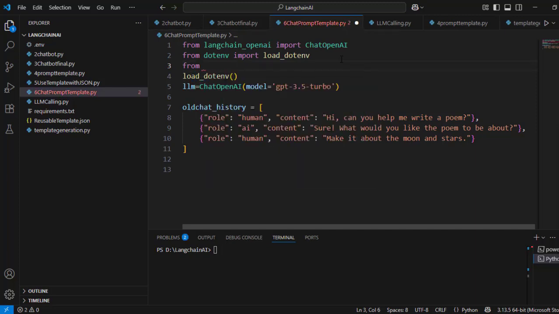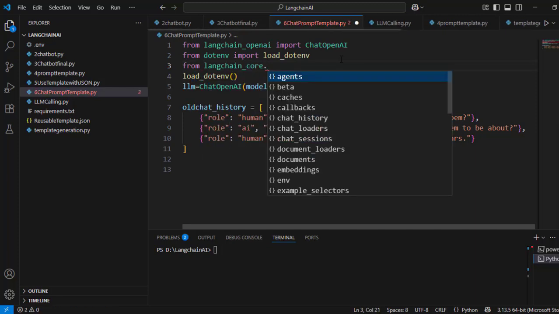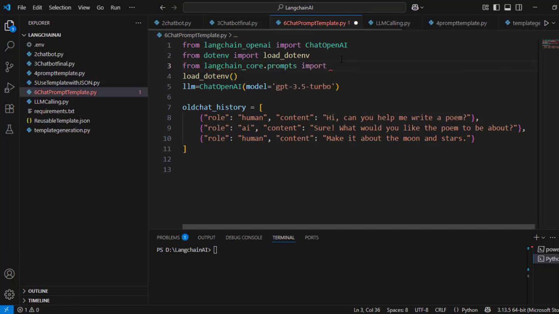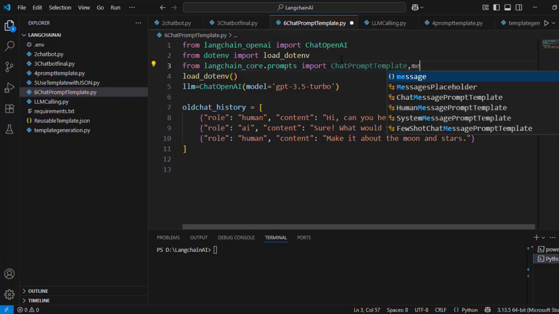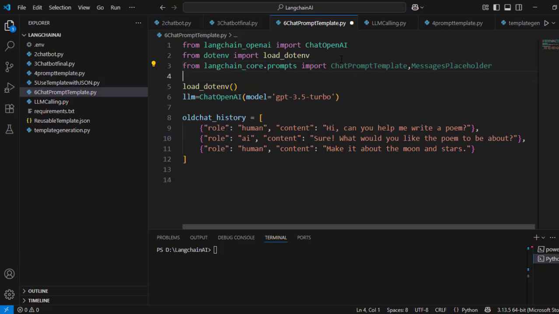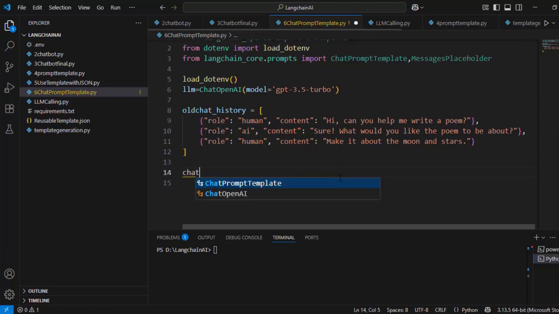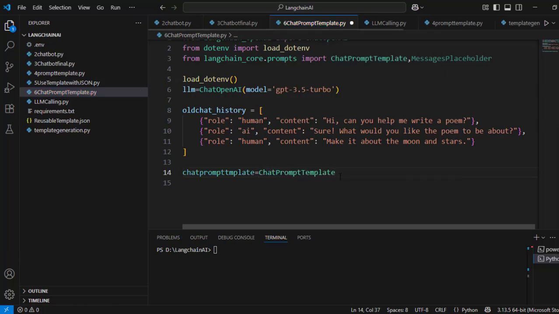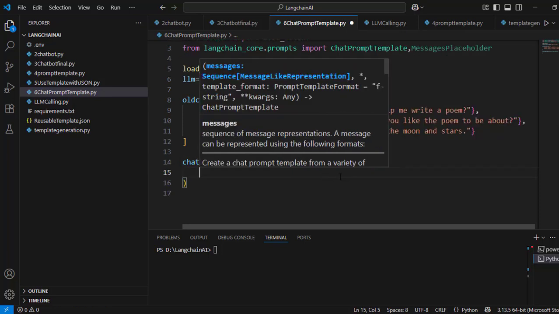From langchain_core.prompts, you need to import ChatPromptTemplate, and also you need to import MessagesPlaceholder. So these two things you have to import from langchain core prompts. Now I will use this class and make a chat prompt template. So here I'm writing the chat prompt template object that is equal to, I will use this ChatPromptTemplate class, and within this class I will